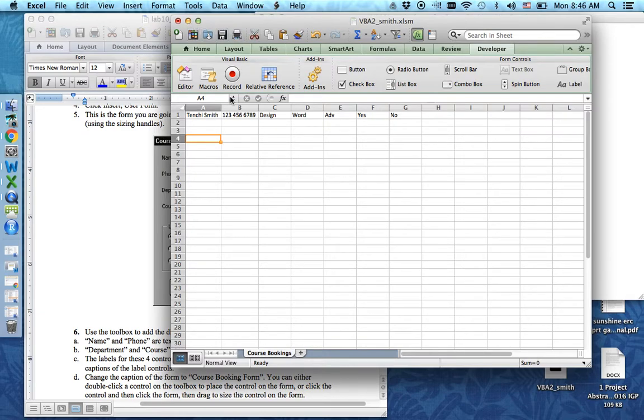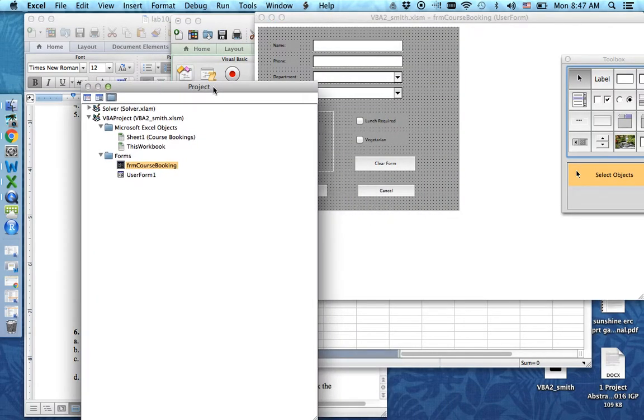So first, if you're on a Windows machine, same as what we did in VBA1, you're going to click Alt F11 to go into the code editor. For Mac users, I know a couple of you are following me and using Macs, which is awesome. You can just go to developer and click on editor. So as I click on editor here,